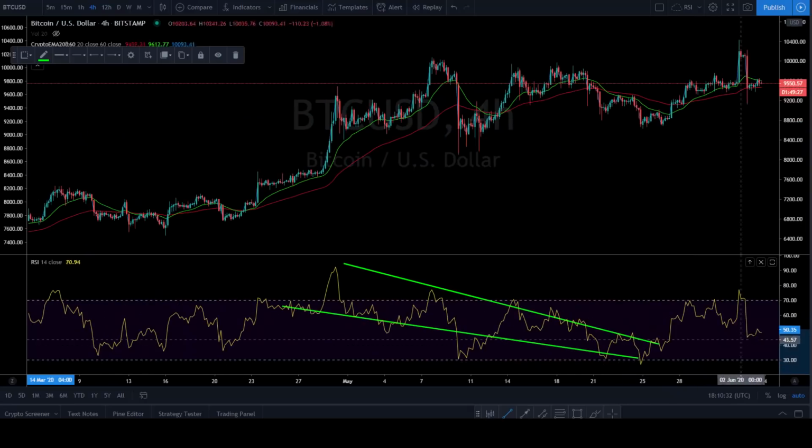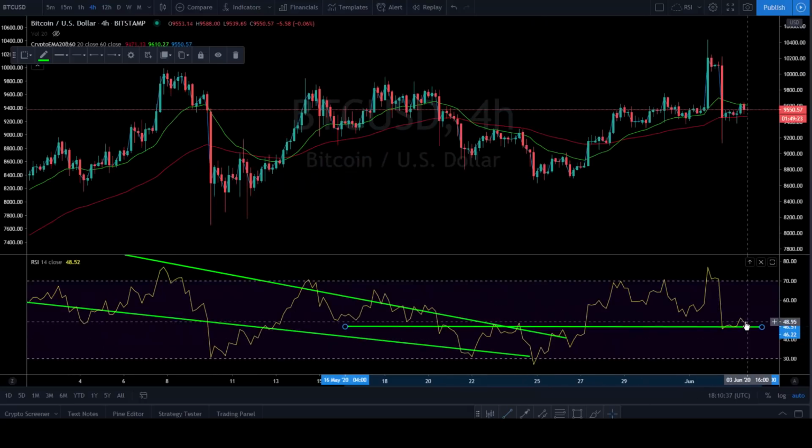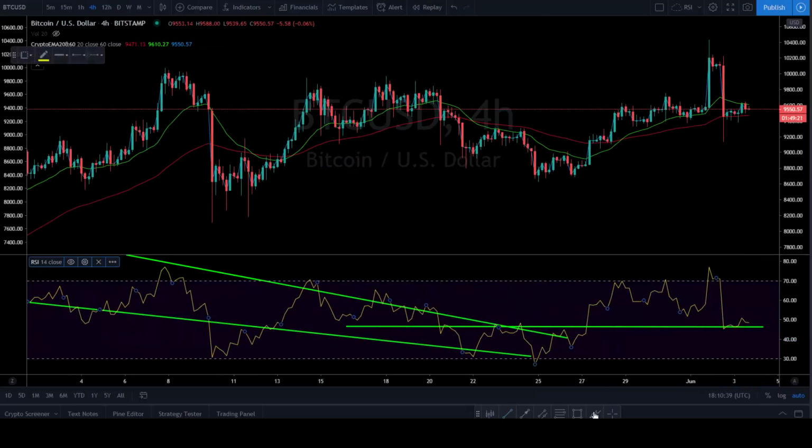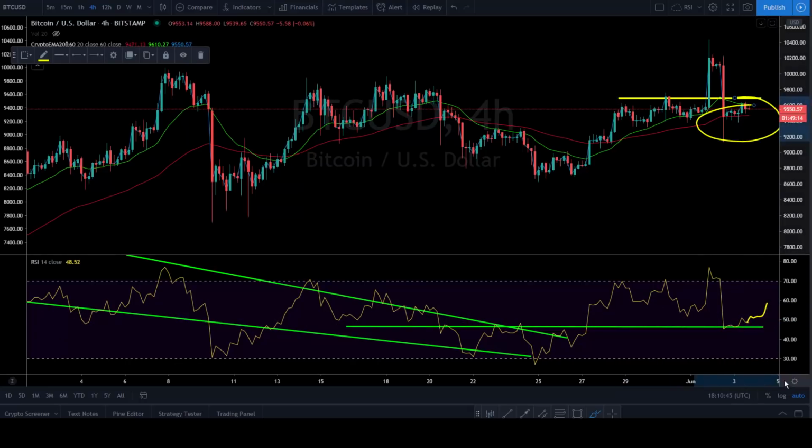So as we're coming down to these midline levels, it could be the beginning of the next move up. Should we be breaking above these levels, it would follow along. This would be where our 1, 2, 3 would be breaking out of this small little pattern, and the RSI would give us that little inside clue that we are bouncing off a bullish support and going on the uptrend,